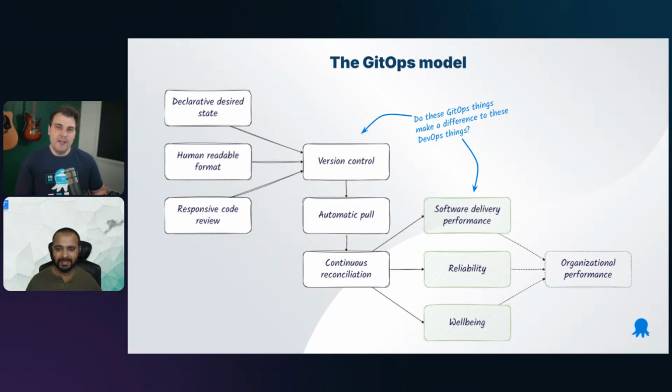So what we wanted to understand here is we've got these 6 foundations of GitOps, or the 6 pillars there. And we know that on the right-hand side, there's an idealistic thing that we get to of organizational performance. That's why we're all here coming to work every day. We're trying to help our organizations do better in whatever that objective is.